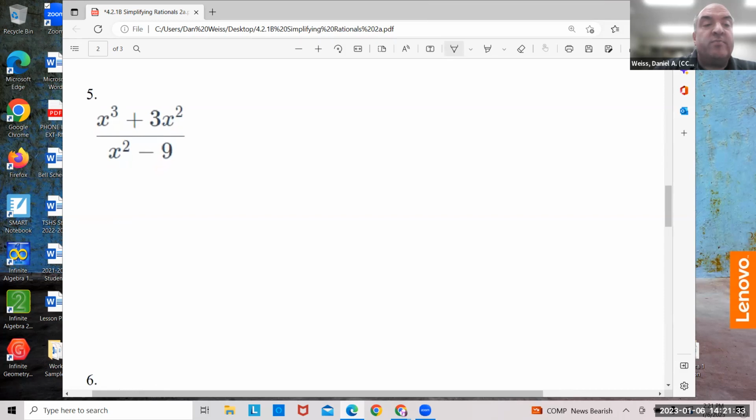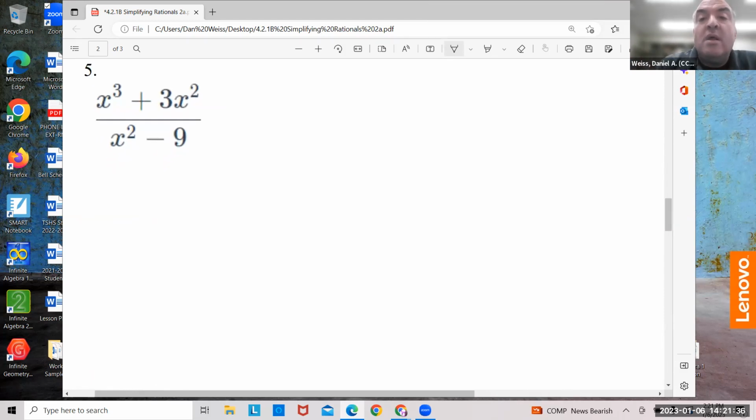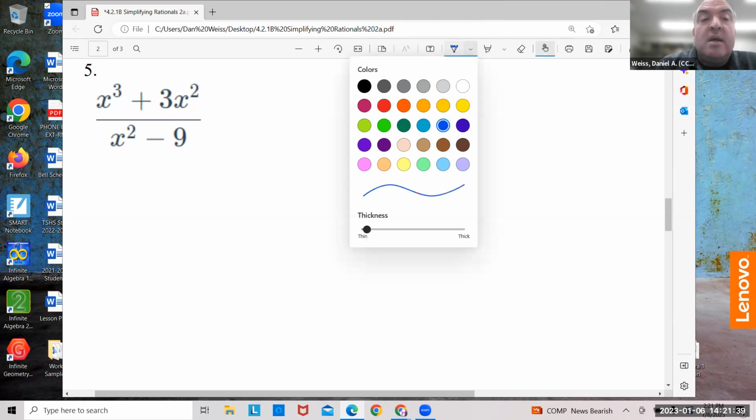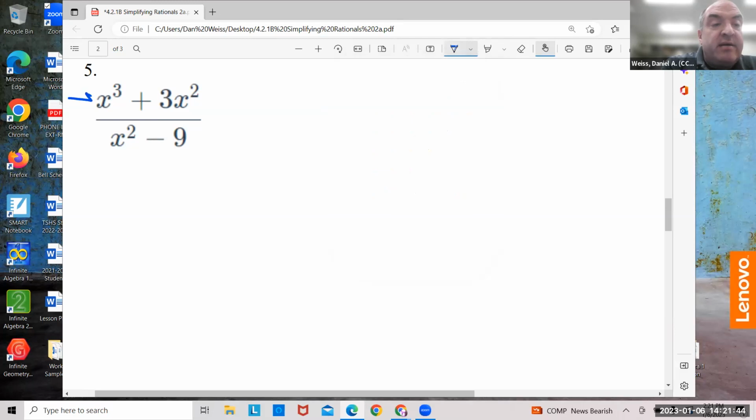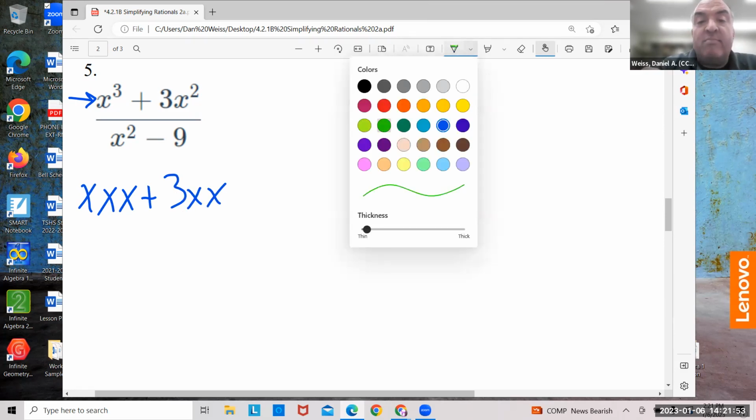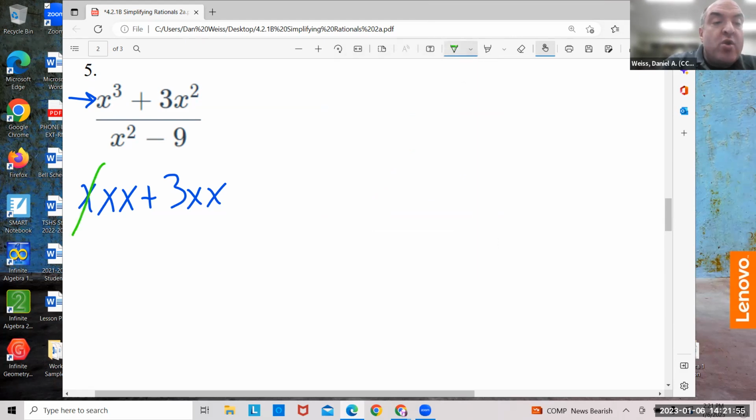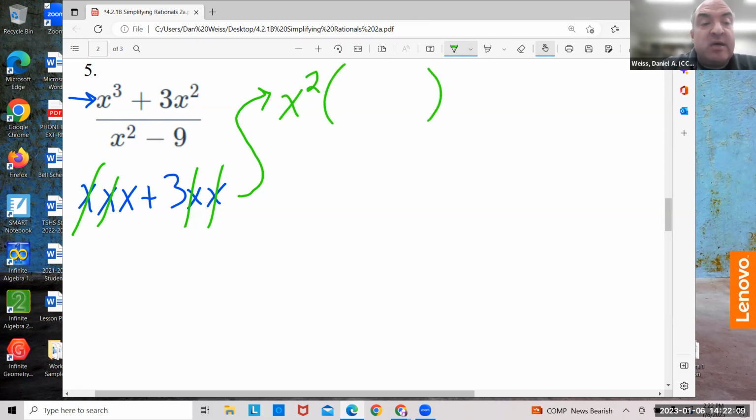How about this one? On top, I'm going to say this here is x squared plus 3x. What's common to both? 2 x's. What are we left with? Well, first of all, we crossed out 2 x's, x squared. And what's not crossed out? What are we left with? X plus 3